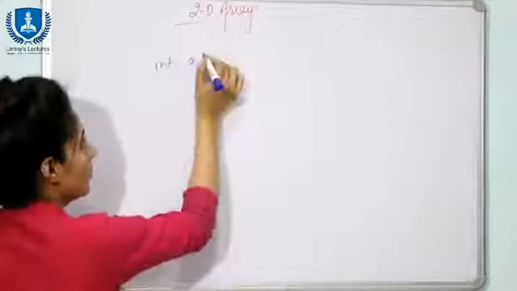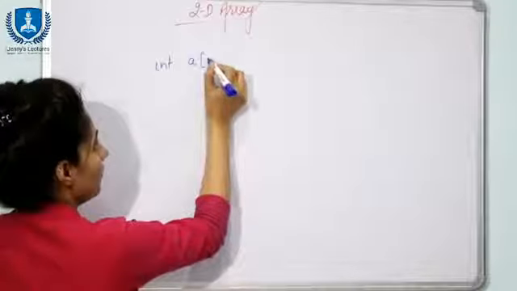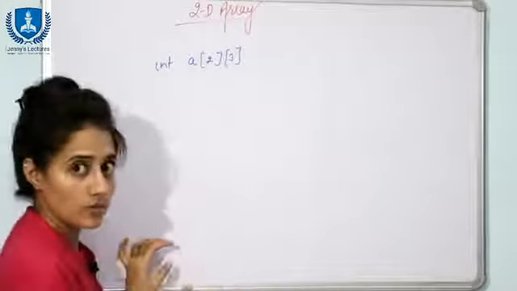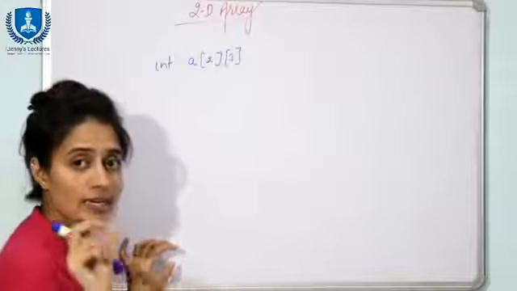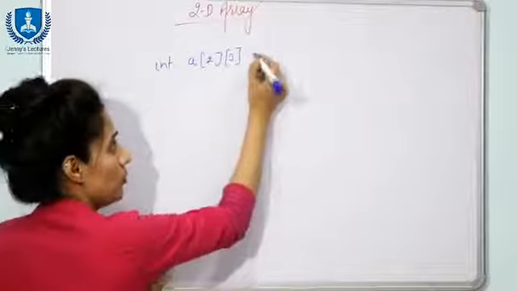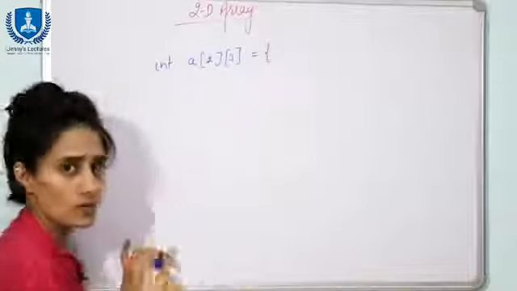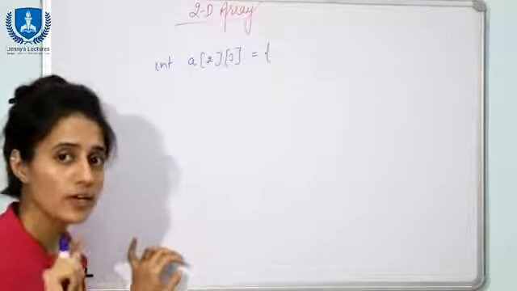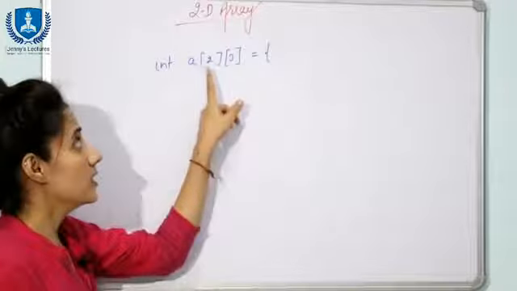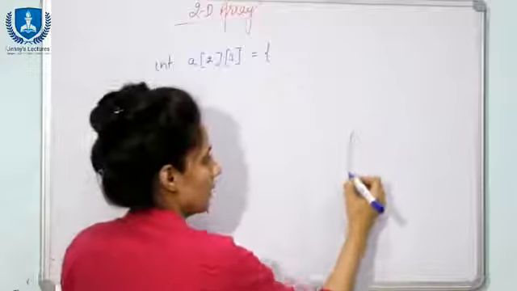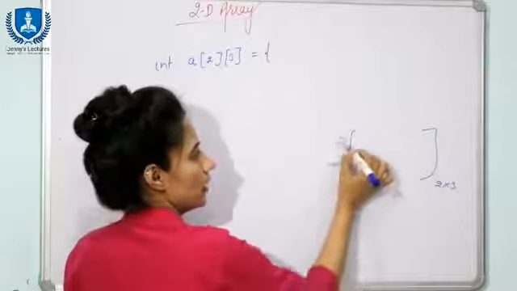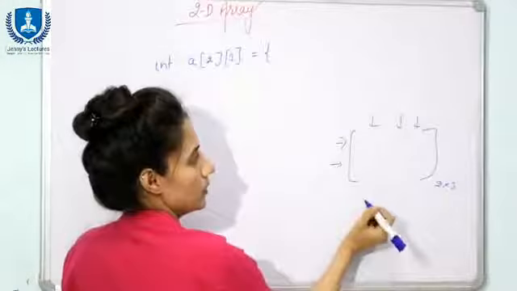See, so let us take an array having 2 rows and 3 columns. Fine. How to initialize it at compile time? Here only, at the time of declaration only, you will give the values. What values you want to store in the array. Now how many values are there in this array? See, so here the matrix is what? 2 into 3 means 2 rows would be there, and here 3 columns would be there.